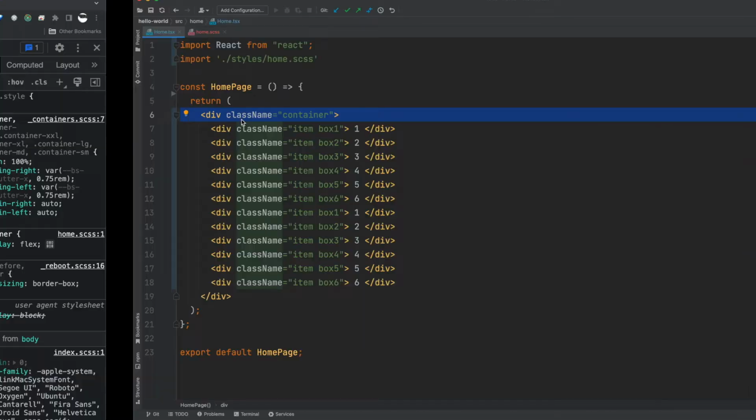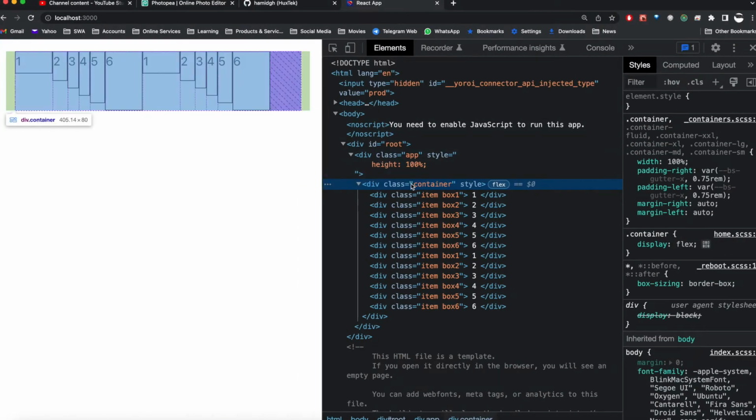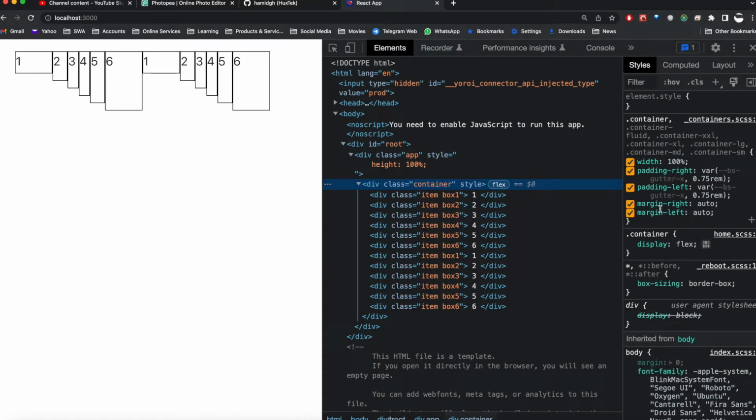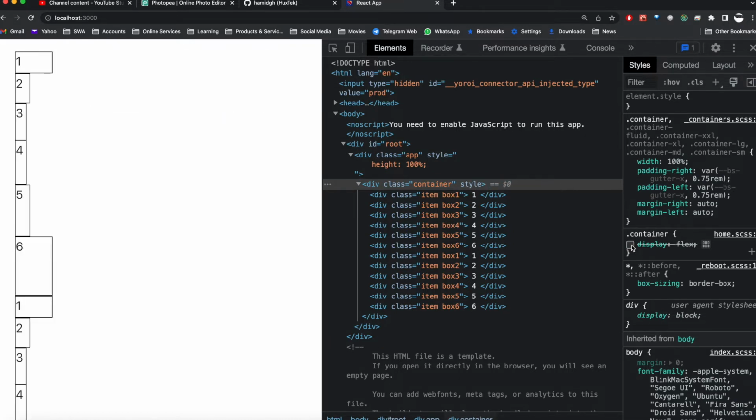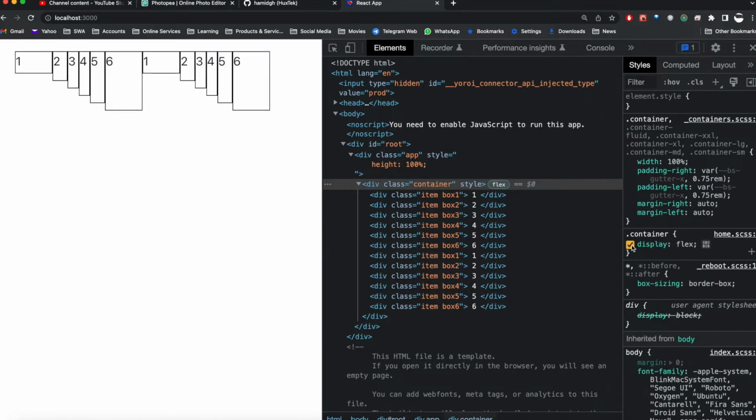So we can apply the styles right inside of the browser. How? As you can see, if I click here, it shows the element style here, and the style that I applied shows at this part. And this is the flex that we just added to our code, and we can just disable it or enable it. It seems that I just removed this display flex and I add it back, and that's how we can apply the changes to our application on the browser, so we can see